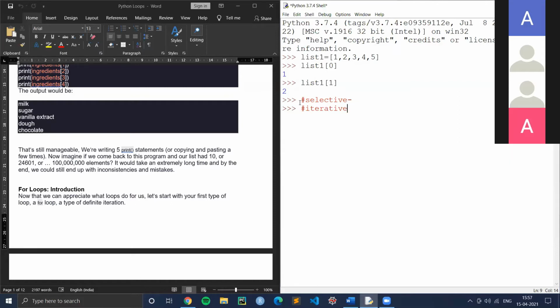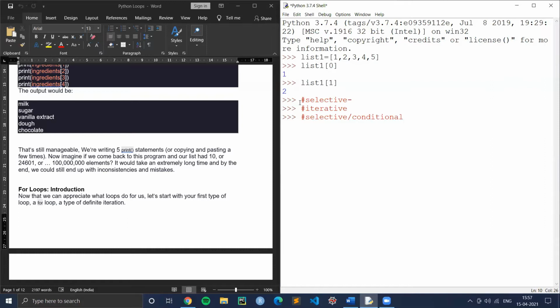Selective statements are also called conditionals. As the name suggests, I'll be providing a condition. If my condition is true, it will give a particular output, and if it is false, it will return something else. As I said while explaining, I use the term if.